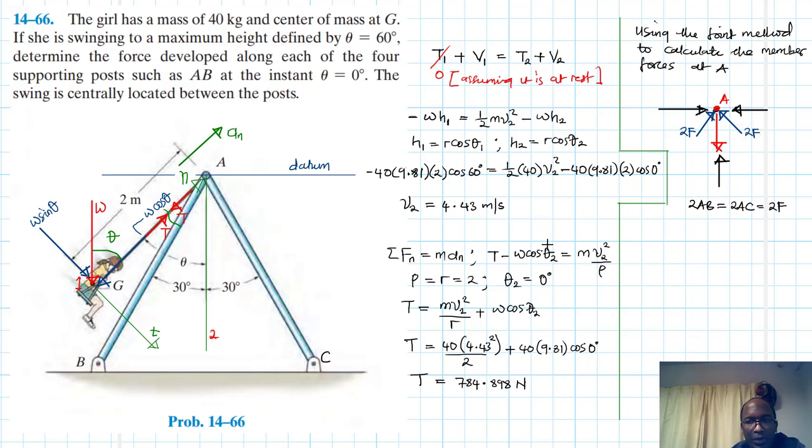And the angle there is 30 degrees, and also this is 30 degrees. So this one is just going to be equal to 2F sine 30, and so is this one, 2F sine 30. And then this one down here is just going to be equal to 4F